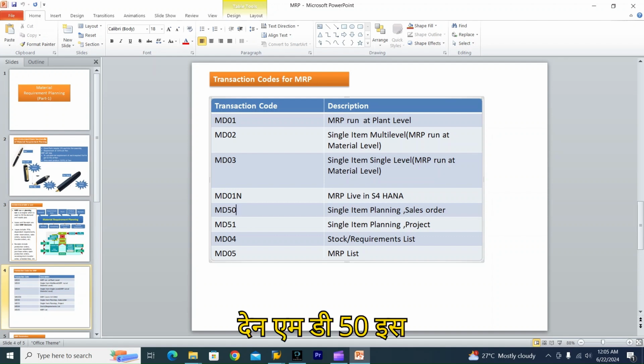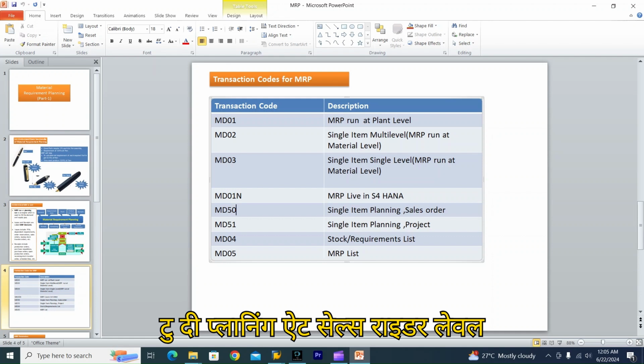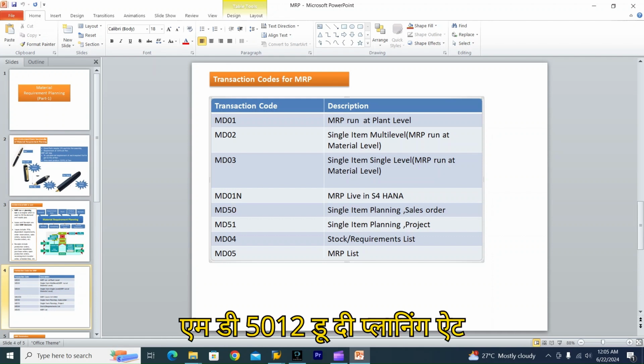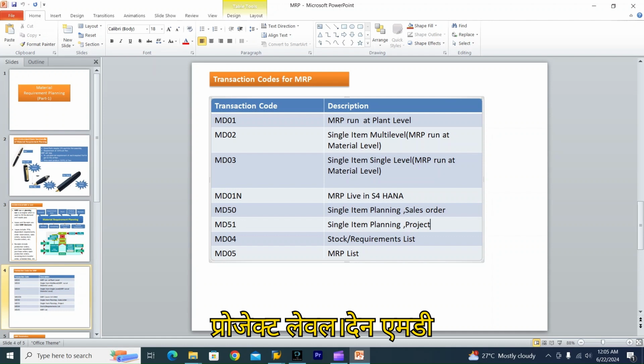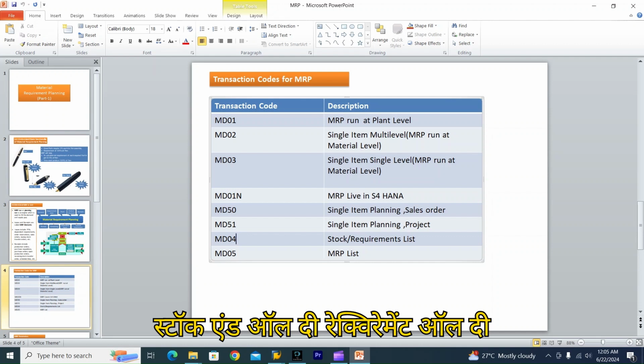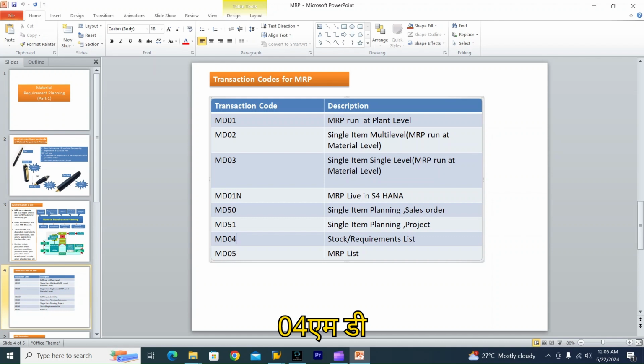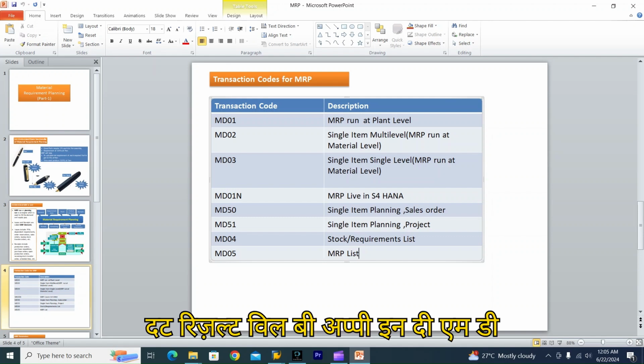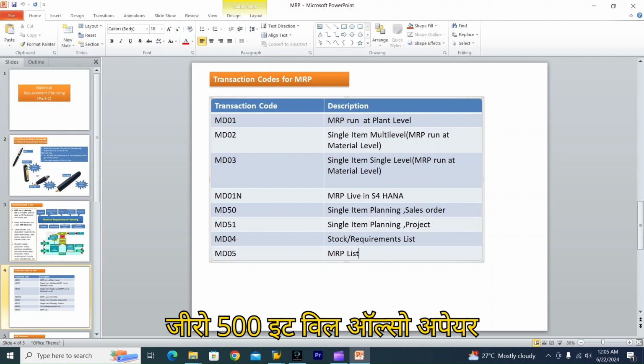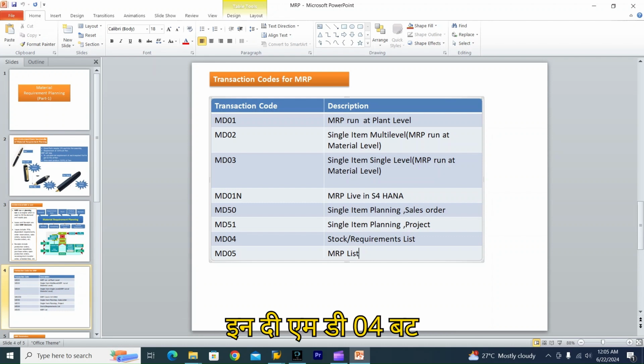Then MD50 is to do the planning at sales order level. MD51 is to do the planning at project level. Then MD04 is one of the reports, the stock requirement list. All the stock, all the requirements, and all the receipts we can see in MD04. MD05 is the MRP list. Once you run the MRP, that result will appear in MD05. It will also appear in MD04, but